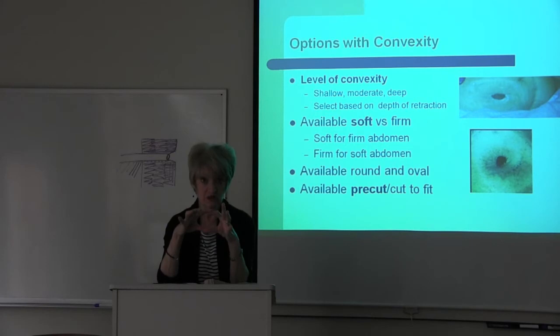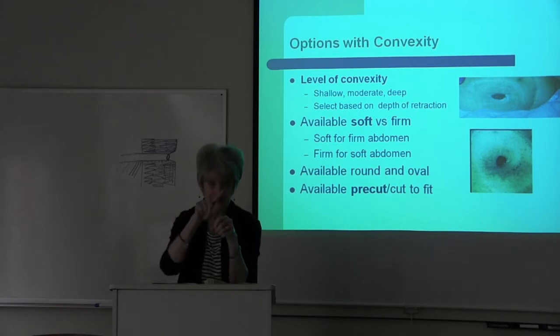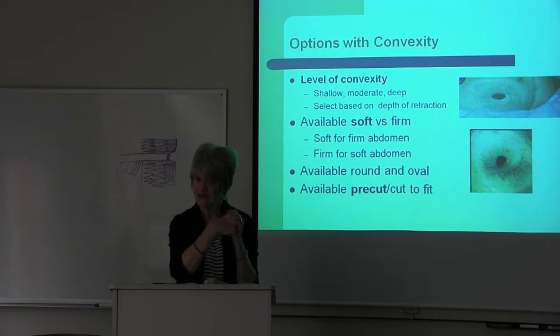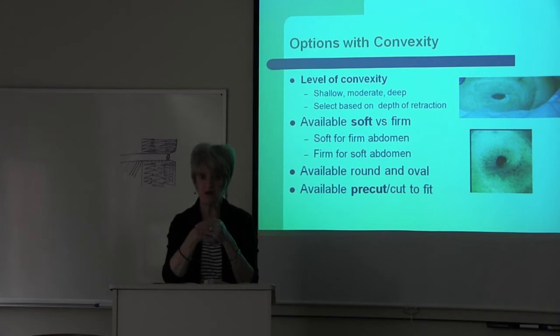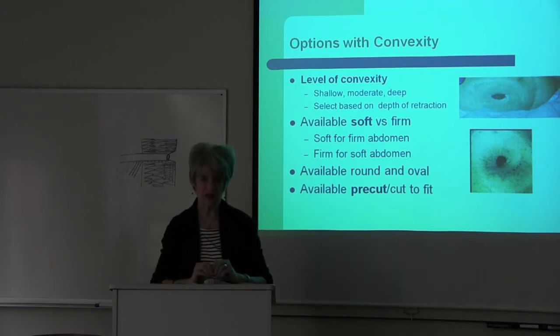It supports the peristomal skin and tissue, so it helps the drainage project into the pouch. Sometimes it actually increases protrusion of the stoma slightly. Most importantly, it contours to concave defects in the peristomal skin so that you get a good match between the pouch and the skin and you prevent undermining. So by matching the peristomal contours, by providing support directly around the stoma, you minimize the risk for undermining